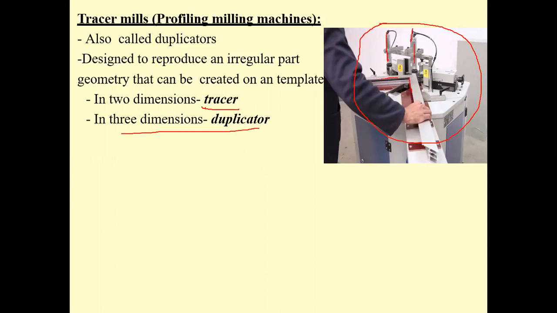So in the tracer, you have one masterpiece. Whatever the profile is in the masterpiece, on one spindle maybe here you are keeping the masterpiece, and the similar profile is used to cut on the other workpiece. That similar thing is copied. So this is taking a signal, taking the profile, and this profile is transferred to the remaining spindles, and the remaining spindles cut the material in the same direction.